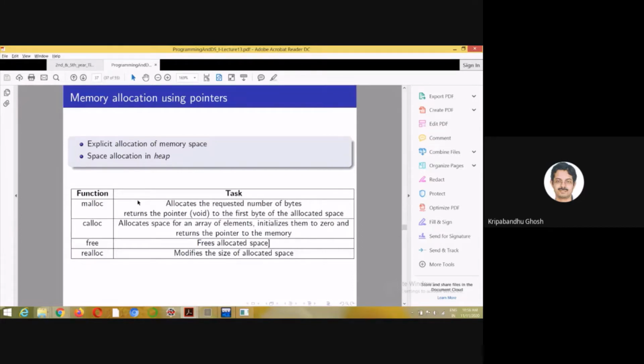Once you wrote int i = 5, it means that you are asking the compiler to give you a memory space corresponding to a variable of integer type. When you do int a[10], then you are asking the compiler to give you a space for an array of 10 integers, but you can ask for a particular space explicitly by using malloc.